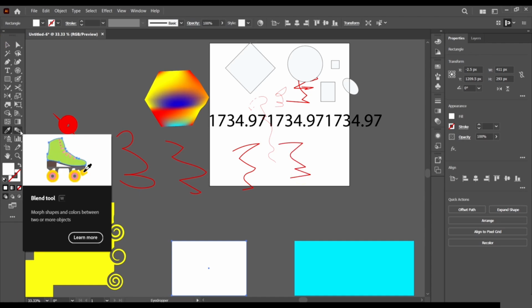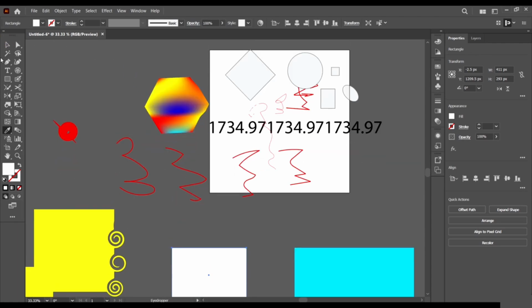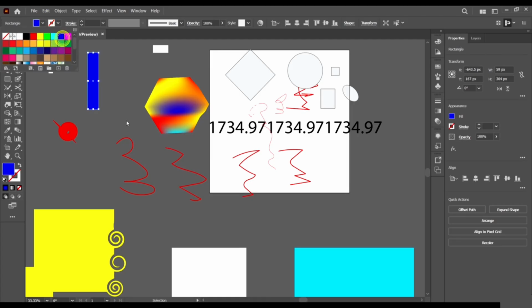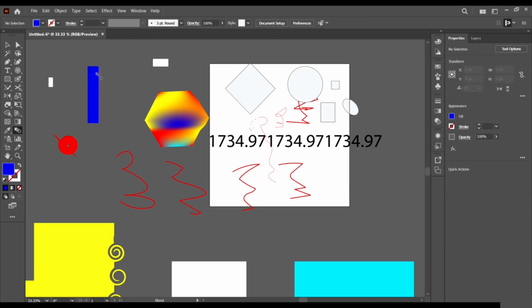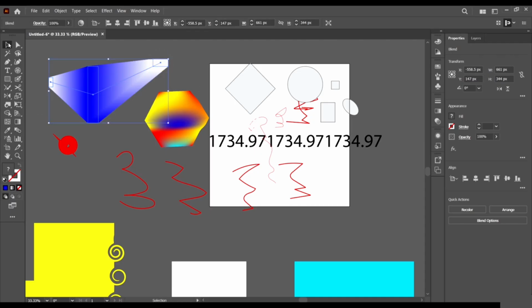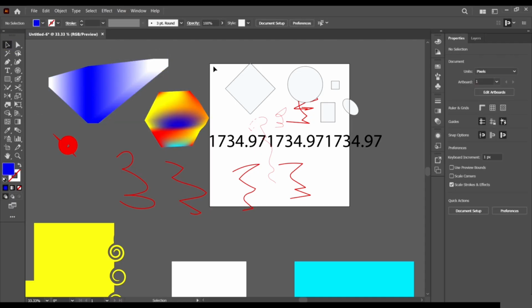We have the blend tool, which helps us blend between shapes. Let's give this guy a blue color, then select the blend tool, select this guy, and as you can see, we have blended these three shapes together.